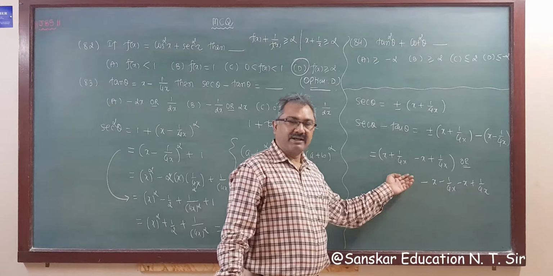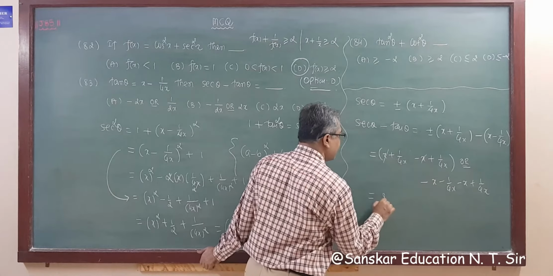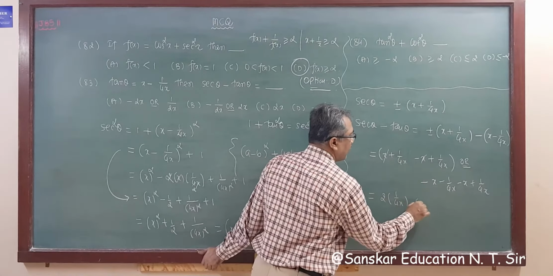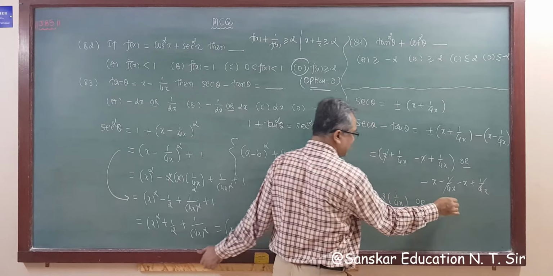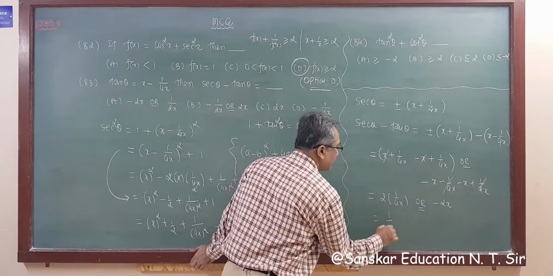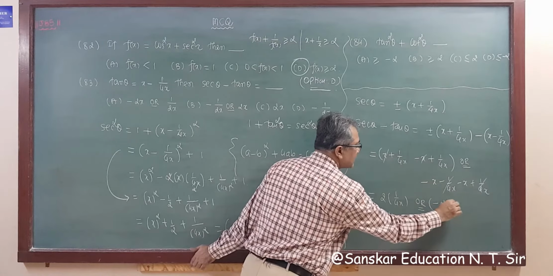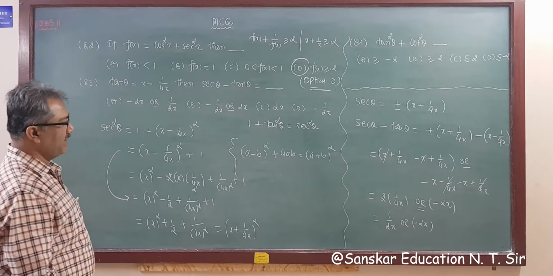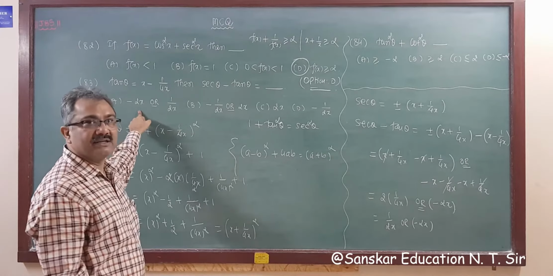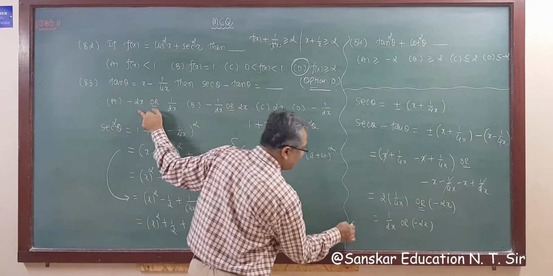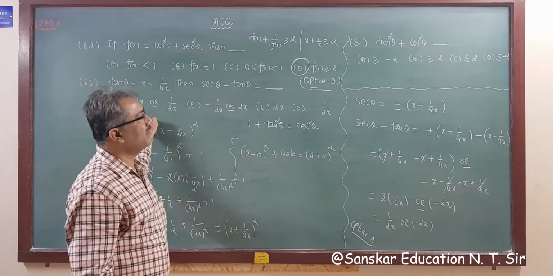So one time plus I am taking, one time minus. This x will be cut. So this is 2 times 1 upon 4x, and from the other, the 1 upon cancels, so the answer is minus twice x. That is, the answer is 1 upon twice x or minus twice x. So your proper answer will be 1 upon twice x or minus twice x. So option A is your correct answer.